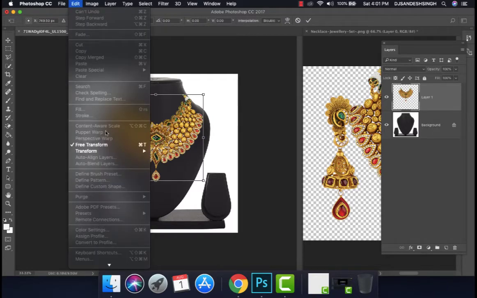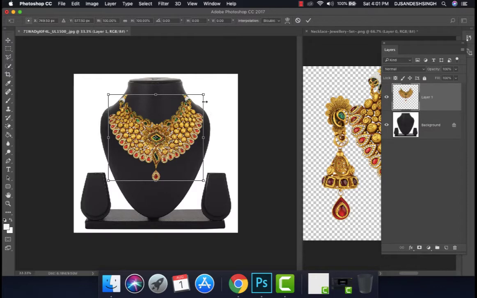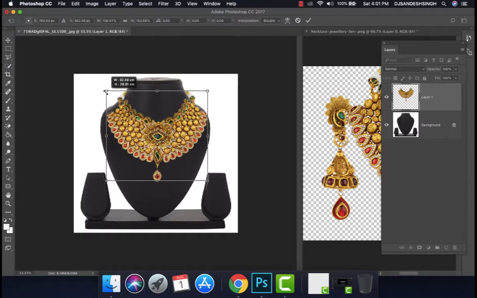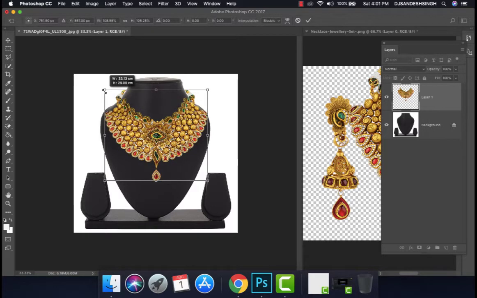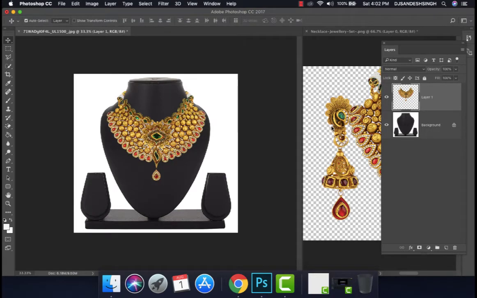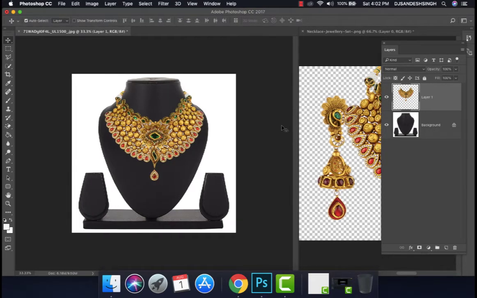Control T, the same option I told you, you get the options there, and then slightly transform the edge, so it can cover the jewelry with a proper transformation. And then it's correct with that jewelry selection over there.